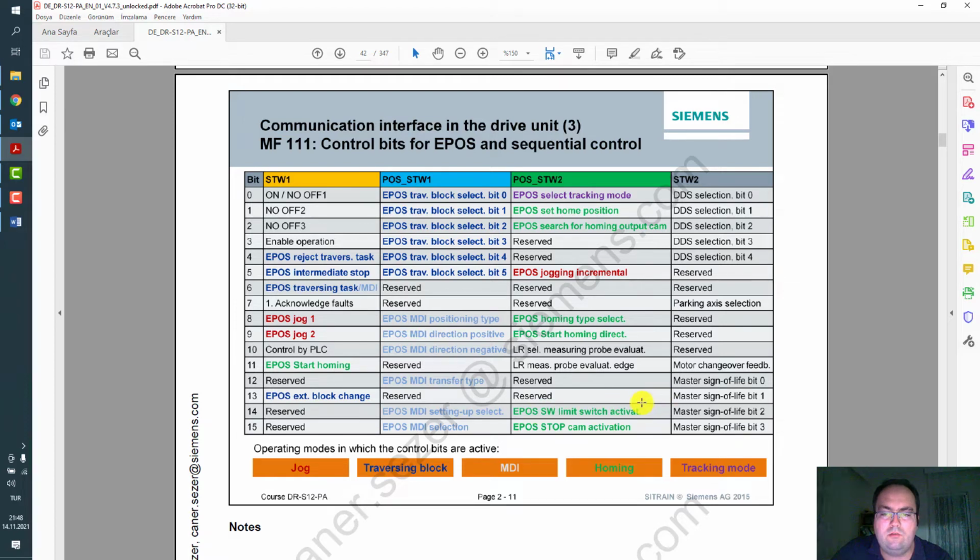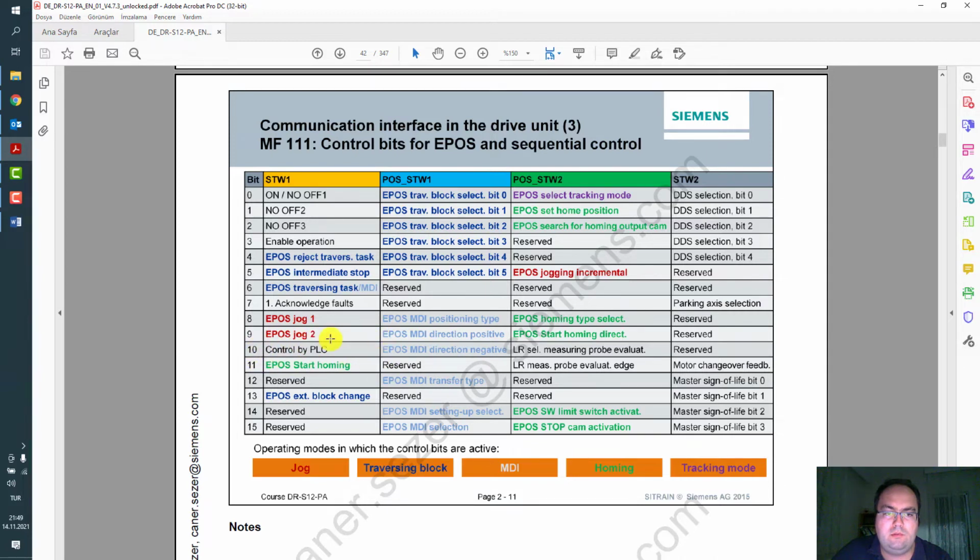There are very useful control and status bits located in Telegram. Drive dataset selection, axis parking, and so on. Control by PLC should be set to 1, always true.